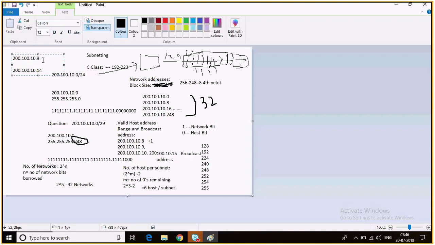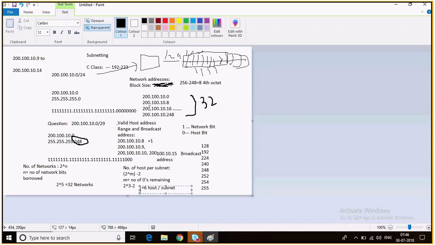Because 8 is my network address. So 9 till 14, and 15 is my broadcast address for this network, right? 200.100.10.15 is the broadcast address. So from 9 till 14 I have the total number of host addresses. How many addresses do we have if I count from 9? 6. So 6 were the number of hosts, and these are the 6 addresses that I have